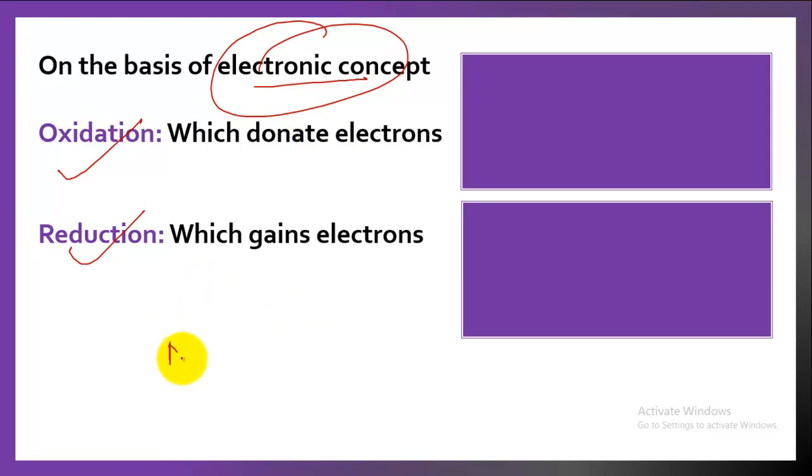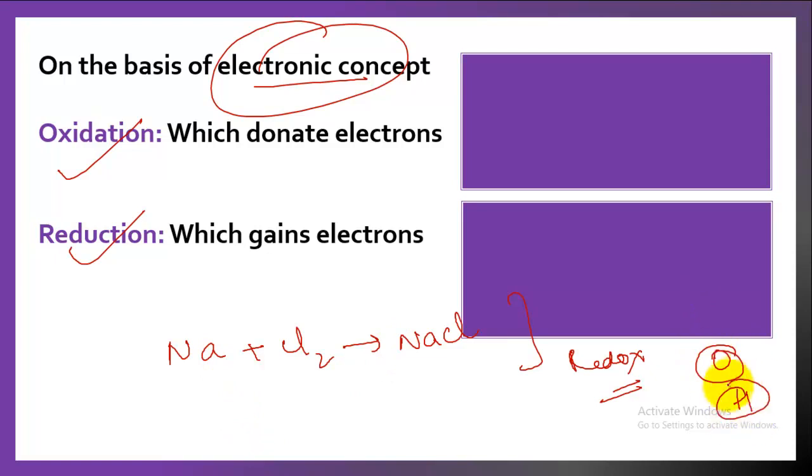So let's say I have a reaction Na plus Cl2 which forms 2NaCl. Now in this reaction I ask you whether this reaction is a redox reaction or not. By looking at it, you can clearly make out that there is no oxygen or hydrogen. And as of now, we have just studied that oxidation and reduction refer to addition or removal of oxygen or hydrogen. So accordingly this reaction would not be regarded as redox. But that's not correct. This is also a redox reaction, and that can be explained on the basis of the electronic concept. So let's see how we define oxidation and reduction on the basis of the electronic concept.